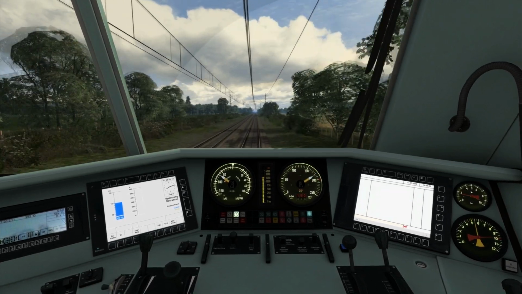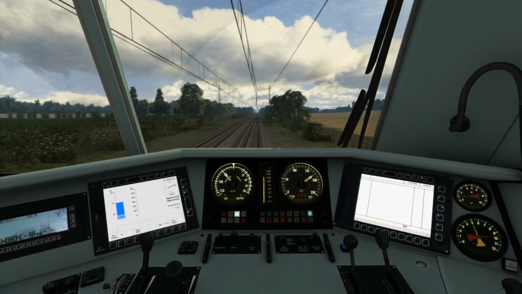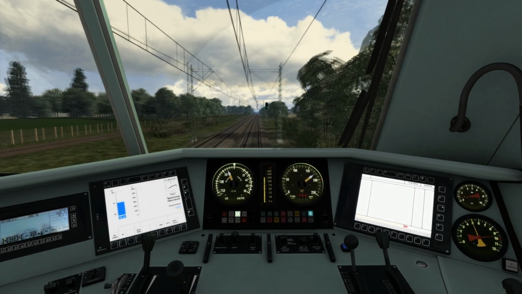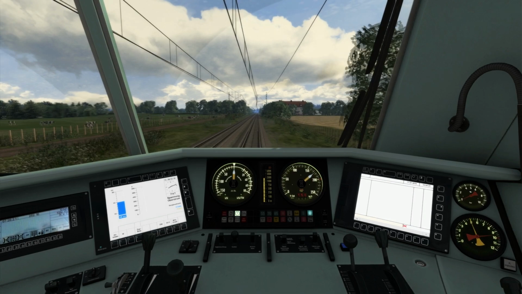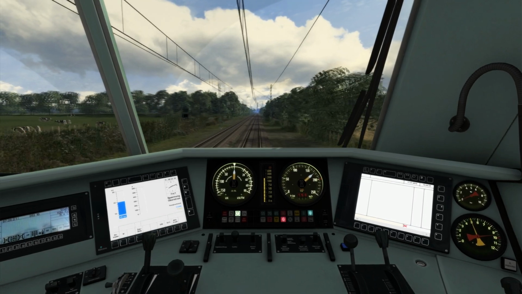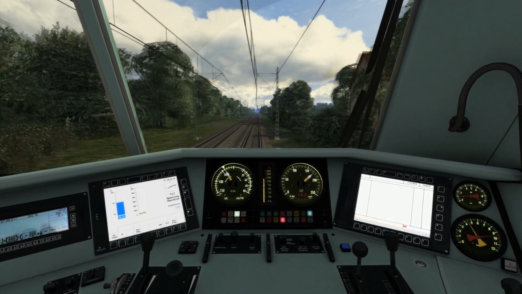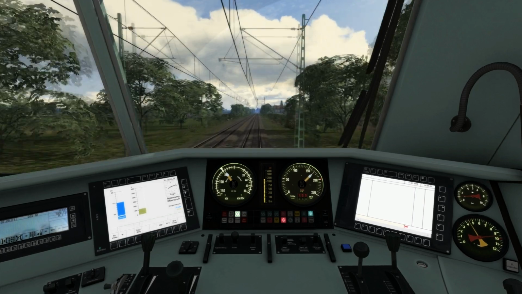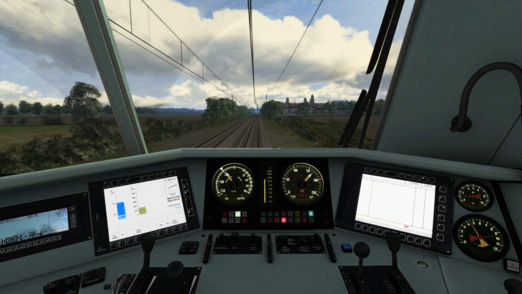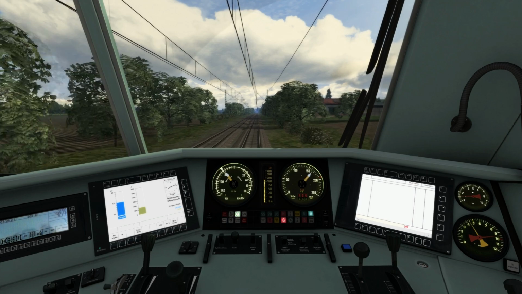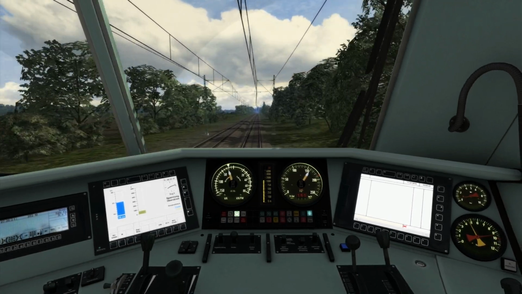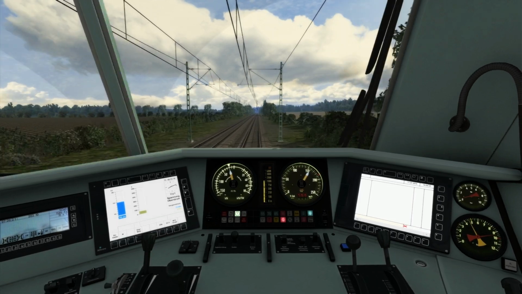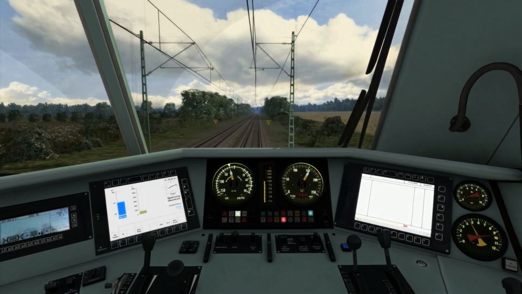As you can see now, we've ended up with the G lamp extinguishing, which means that we're now below the braking curve to slow down for the upcoming speed restriction. So I've now released the brakes to demonstrate what happens, and if I continued at that speed, you see there that the G lamp comes back on, indicating that we're not slowing down quite quick enough for the allotted braking curve. So the G lamp has now extinguished again, it's now come on again,